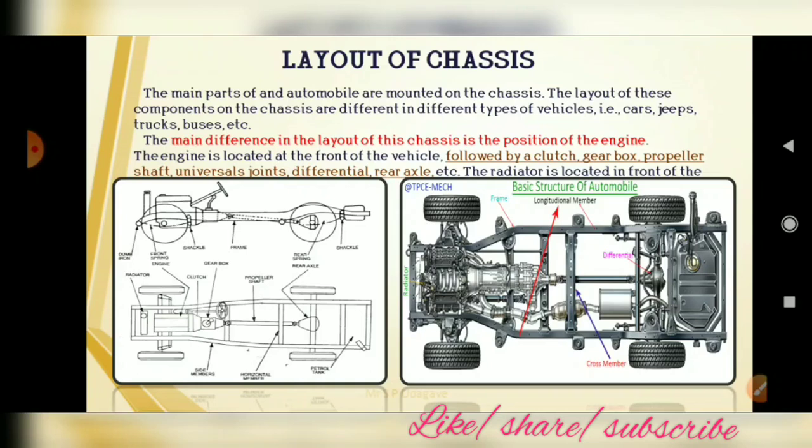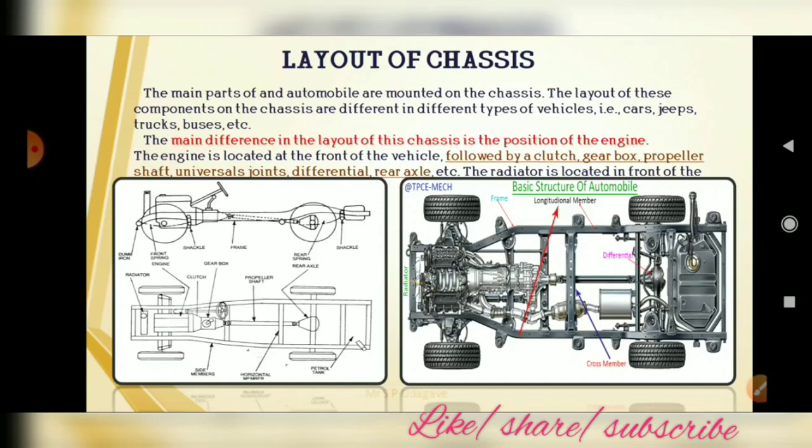The first function of the transmission system is to disconnect the engine from the road wheels when it is required or desired, and another function is to connect the engine to the driving wheels without shock. Without shock, we can connect the engine through the clutch, that is we can operate the clutch and connect the engine to the transmission system, that is also called the gearbox. That is to reduce the engine speed permanently in a fixed ratio. That is also another function of the transmission system.